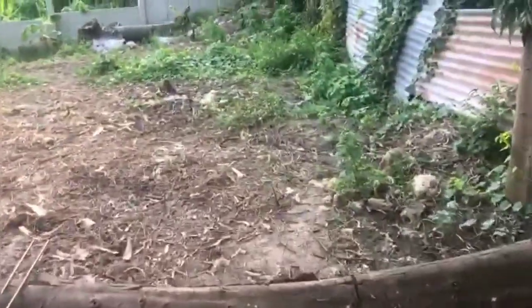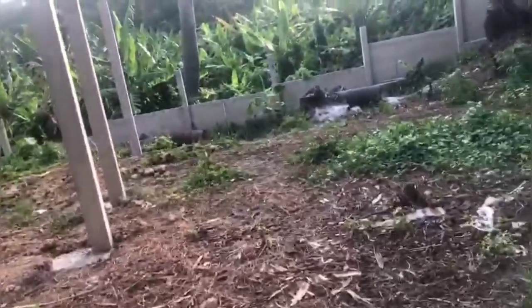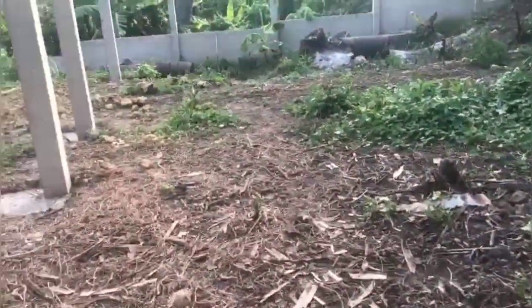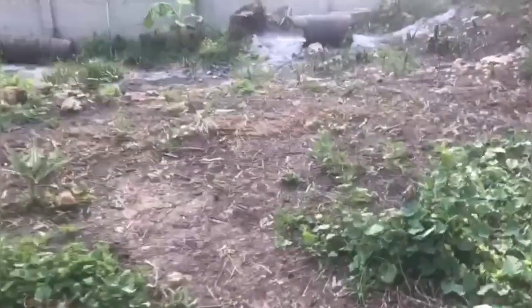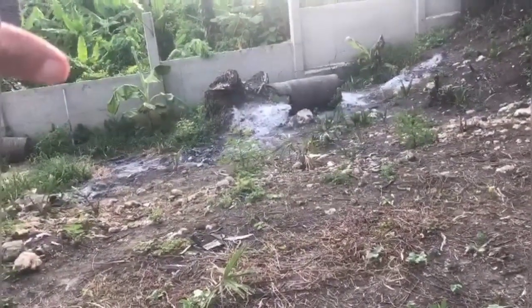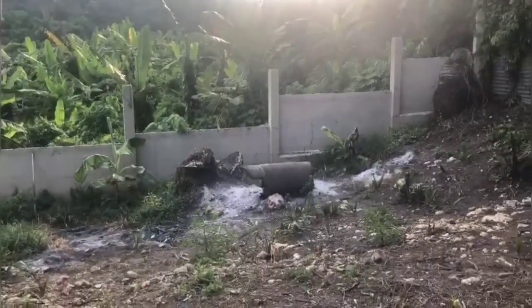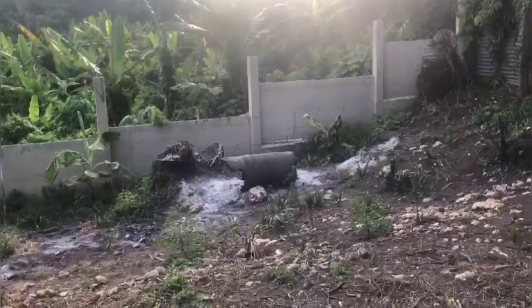and this is the end of the piggery here. On the end of this piggery, probably from this post, I've quite a big area there. I want to put a storeroom up, an area for mixing feed, possibly grinding feed,